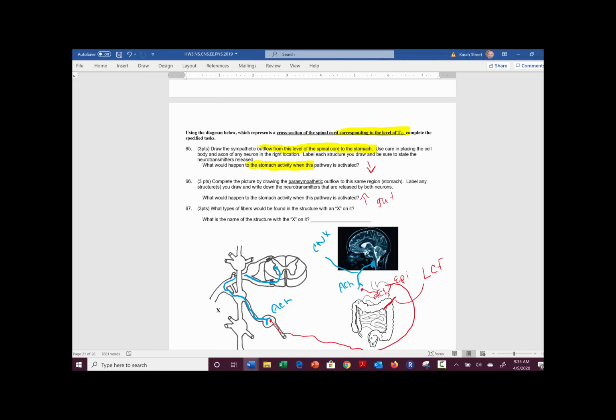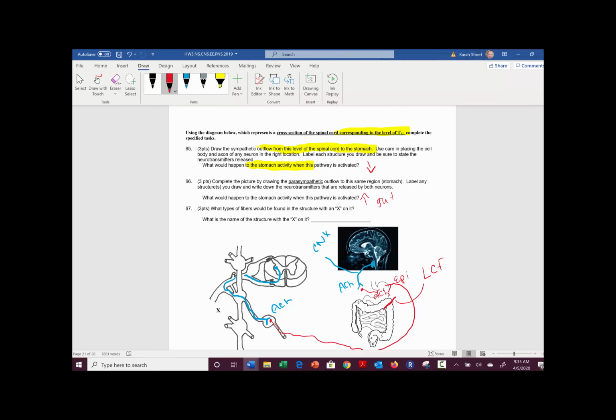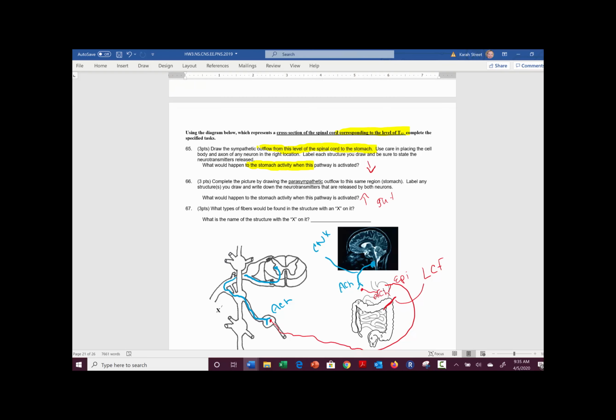Then over here, what types of fibers would be found in the structure with an X on it? Well, the X got shifted, and I was trying to mark what kind of structures we would find, I'm guessing here, and we would find sympathetic preganglionic fibers. But if it was, and I forget, that sometimes it varies from semester to semester what I asked them to identify, but if it was pointing to this anterior primary ramus, we would find